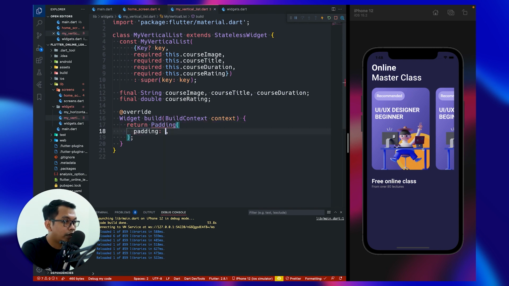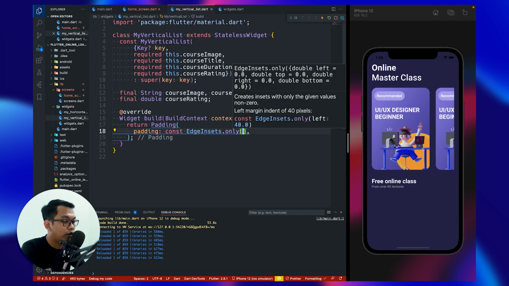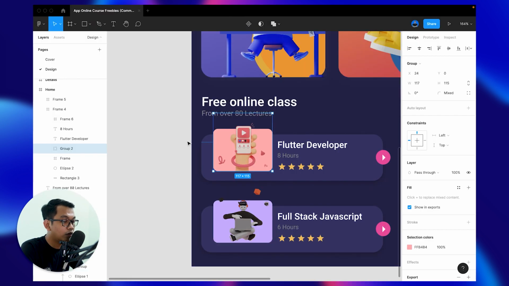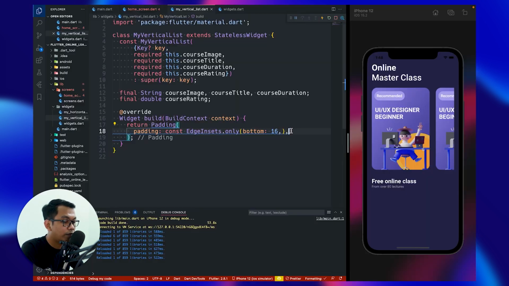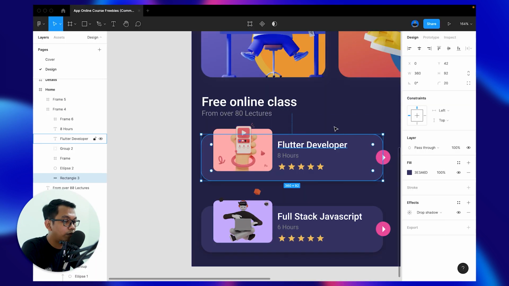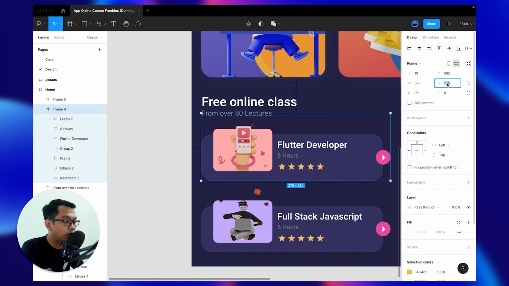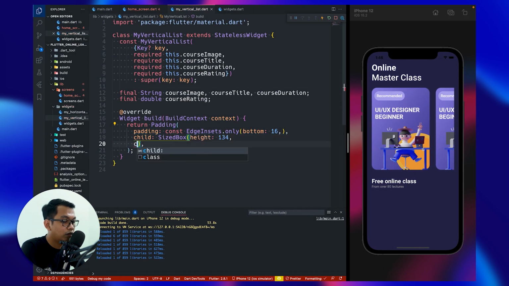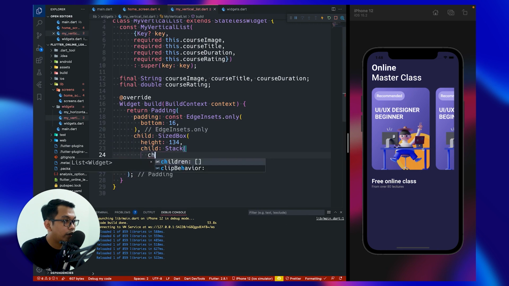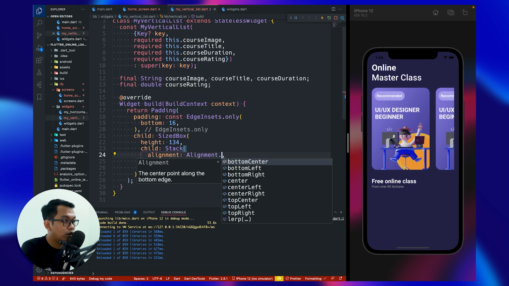And inside our build context, we use padding. And for the padding, we use only bottom 16 to give a little padding. And for the child, we use size box. For the height, set it to 134. And for the child, we use stack widget again. Okay, and for the children, before that, we want to align our content to be bottom left.